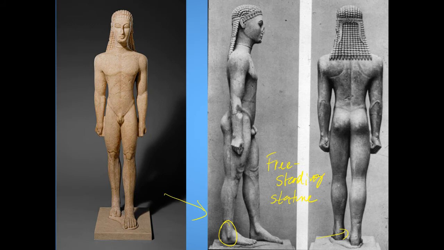Clearly, the Greeks aren't as interested in that, because these things broke all the time. In fact, you could finish carving one of these things and it wouldn't stand. You also see differences in terms of body type, and that probably relates to the types of warfare that they engaged in. And so, as a result of the types of warfare they engaged in, what they thought was sort of beautiful in terms of the male body.